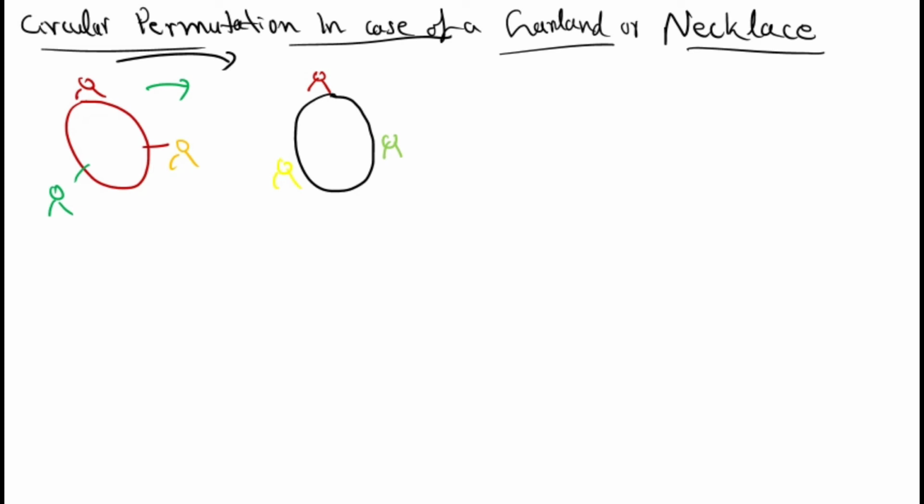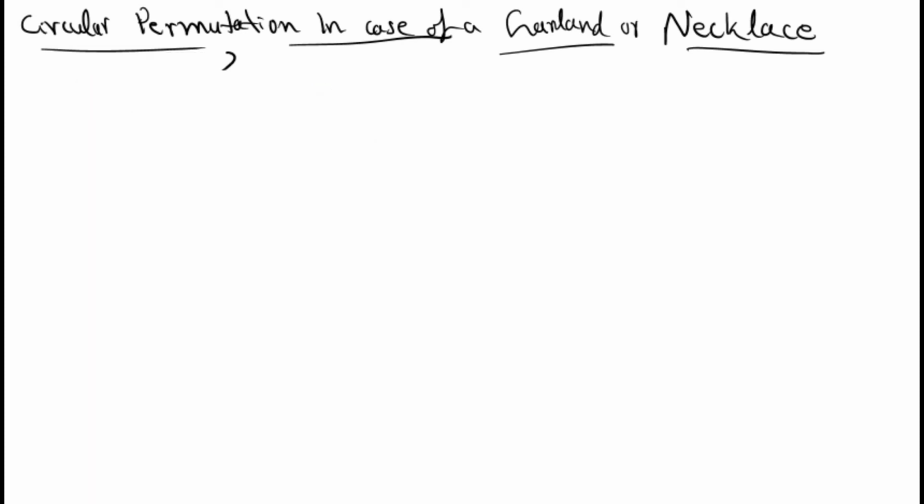Okay, now see, consider the case of a necklace. Consider one necklace with beads. Take three beads. One is the red bead. Take one more bead, that is the green bead. Take one more bead, that is the blue bead. We know when three objects are given in a circular permutation, the total arrangement is equal to (3 minus 1) factorial. That's equal to 2 factorial. It's equal to 2 arrangements.